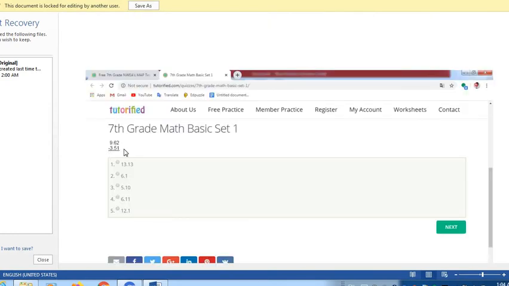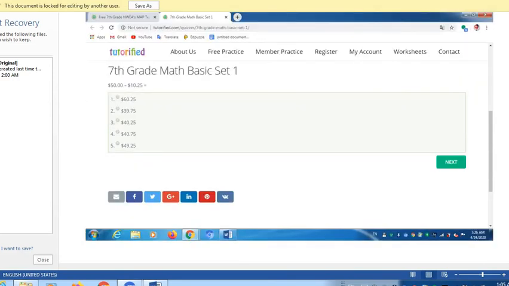Here are the steps that I told you about. I have the decimal points. I put the decimal points under each other. Then here he wants me to subtract. It's very easy: 6 minus 5 is 1, and 9 minus 3 gives me 6. So 6.11. Very easy. I have here $50 minus